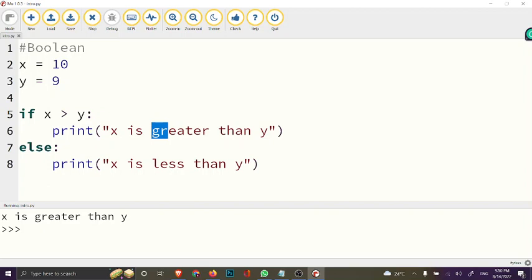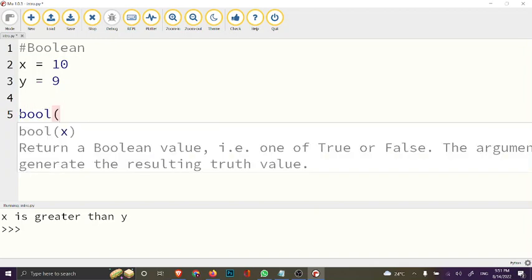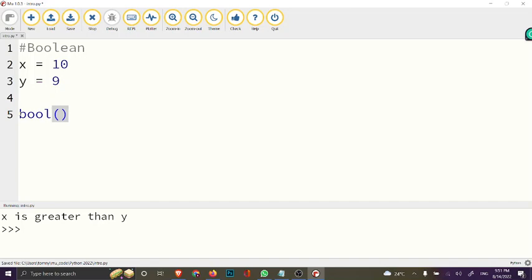Okay, so another thing we can actually do is to use the Boolean to evaluate values and variables. We can use the bool function. Let me just talk about the bool function here now. We can use this function to evaluate a value, and the answer always returns true or false. Now, for instance, let me just leave the variables I've declared there. We can print